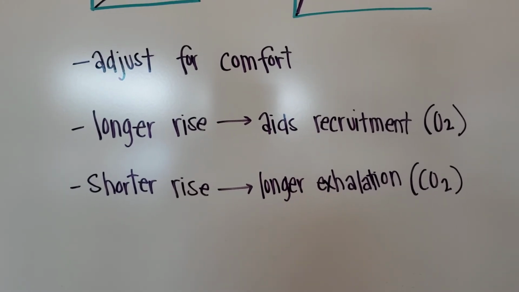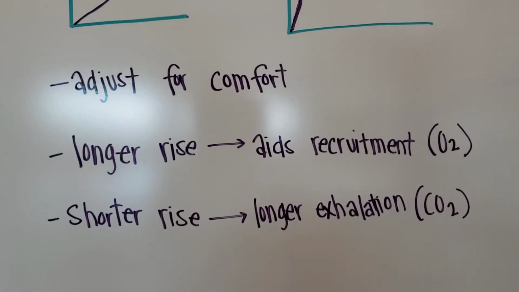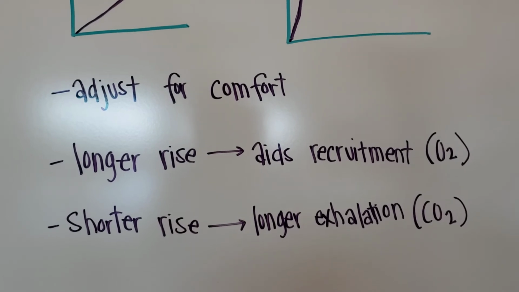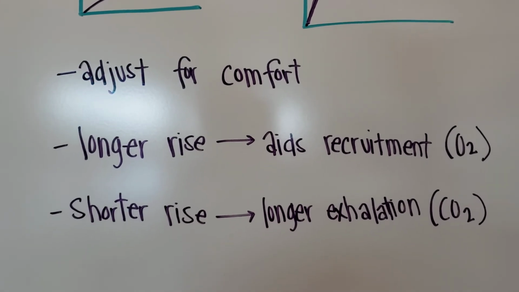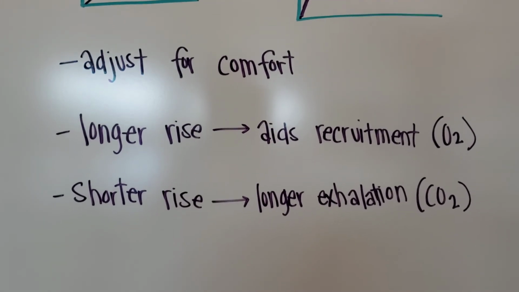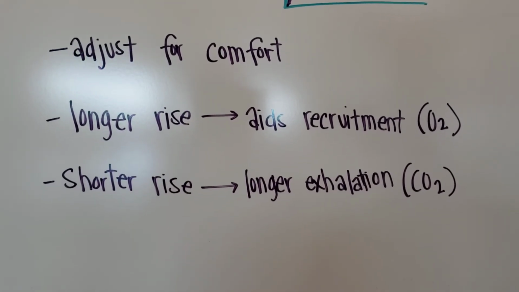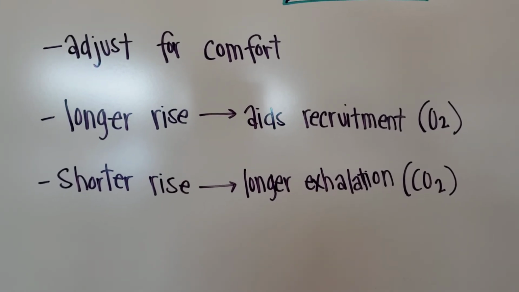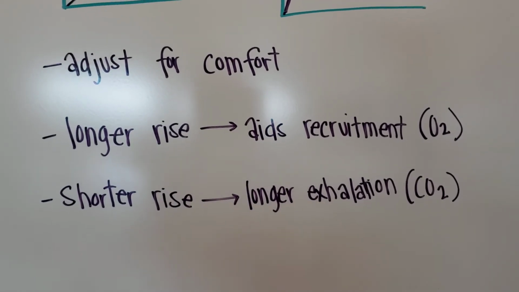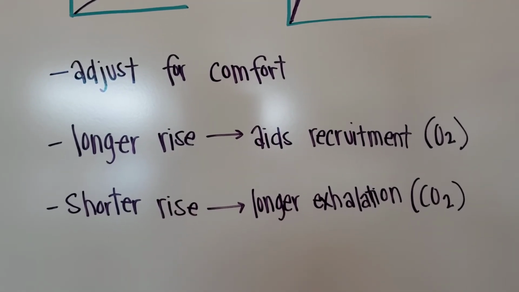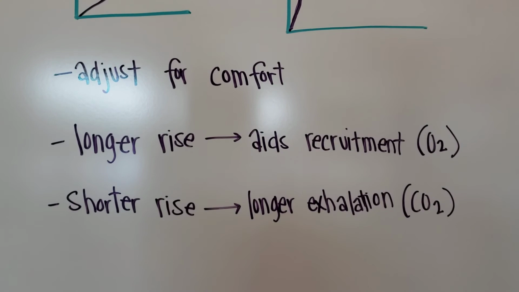A shorter rise time allows for longer time to exhale, which aids in a longer exhalation. It allows more time for CO2 to be blown off and is commonly used for obstructive disorders, such as asthma or COPD exacerbations. You guys will hear me talk a lot in 2160 about how COPD patients love BiPAP. This is a time you would strategize to help those COPD patients with supporting their ventilation, getting CO2 off, and pressure. Obstructive disorders just love pressure. The lungs and the patient respond very well. So moving on,